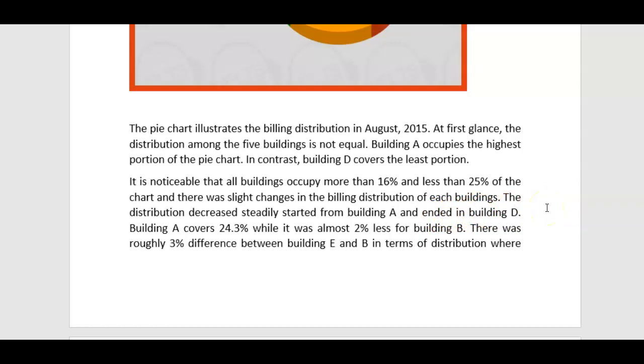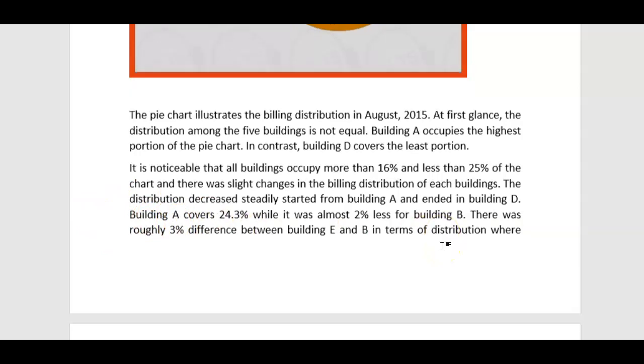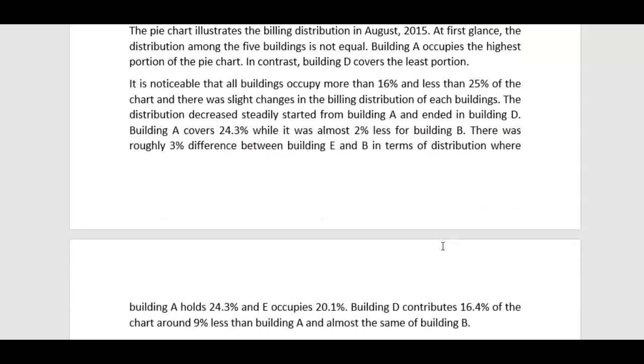It is a little awkward though. Building A covered, because past tense, it's 2015, okay? 24.3, while it was almost 2% less for building B. There was roughly a 3% difference between building E and B in terms of distribution, where building A